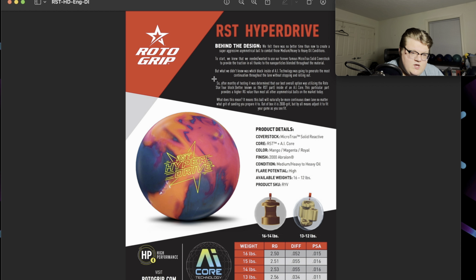But we didn't know which block inside of the AI technology was going to generate the most continuation through the lane without stopping or rolling out. So after months, it was determined the best overall option was utilizing the Roto Start Tor block, also known as the RST part, inside of an AI core. This particular part provides a higher RG value than almost all other asymmetrical balls on the market today, like I was just talking about a second ago. Essentially,